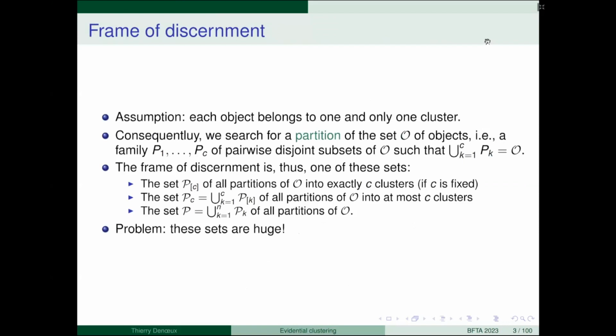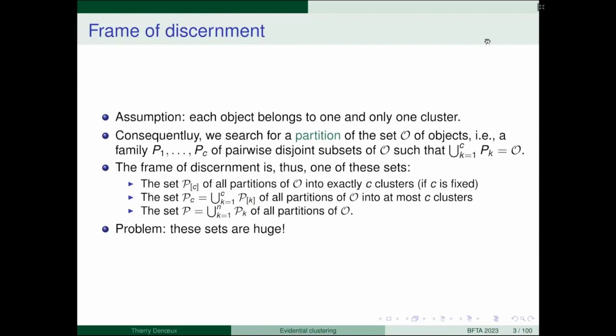So what will be our frame of discernment? The frame of discernment is the space of solutions to the problem. So it is basically a set of partitions. Either we fix the number of clusters, and so the frame will be the set of all partitions of the set of objects into exactly C clusters, where C is fixed, or we consider the set of all partitions into at most C clusters, or the set of all partitions of the objects, whatever the number of clusters.